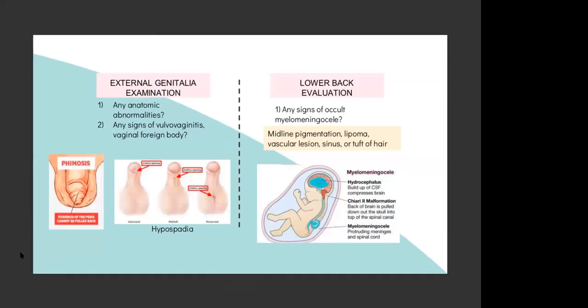So examination of the external genitalia for any anatomic abnormalities such as phimosis, hypospadias, or labial adhesion, and check for any signs of vulvovaginitis. This is also important as it may predispose to UTI. Next is evaluation of the lower back for any signs of occult myelomeningocele such as midline pigmentation, lipoma, vascular lesion, sinus, or tuft of hair that may be associated with a neurogenic bladder and recurrent UTI. So next